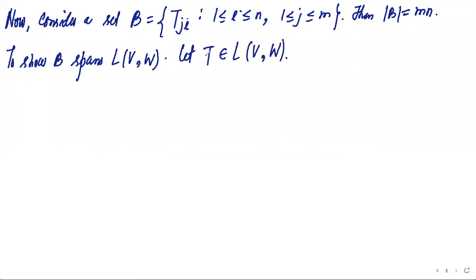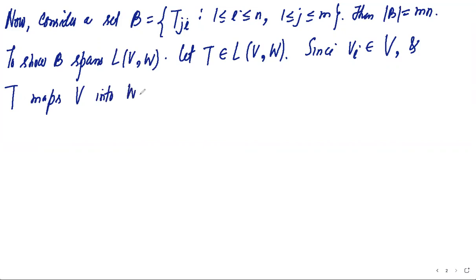तो अब हम दिखाएंगे this T can be written as a linear combination of these Tji's. Then, now since Vi belongs to V and T maps V into W, thus, where is T of Vi? It belongs to W. यहाँ तक ठीक है? यस सर।